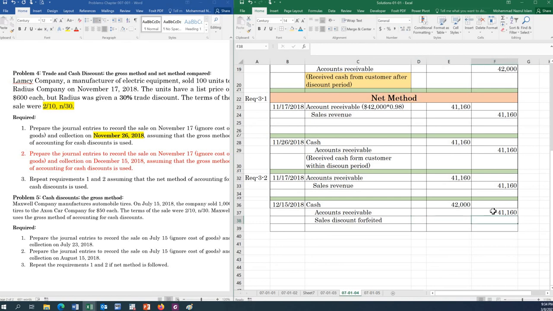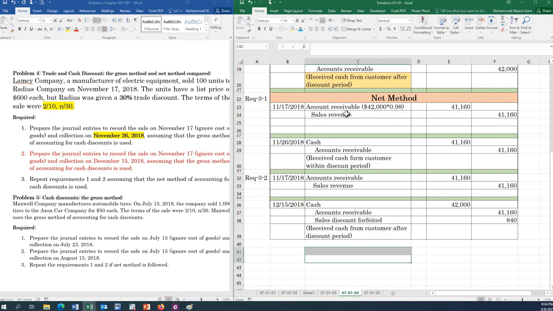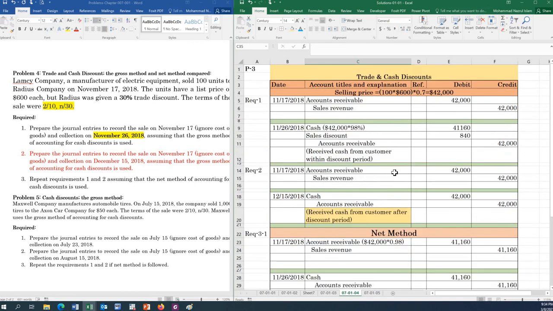Okay, meaning the customer could not take the opportunity, so received cash from customer after discount period. Okay, so I hope you got it,